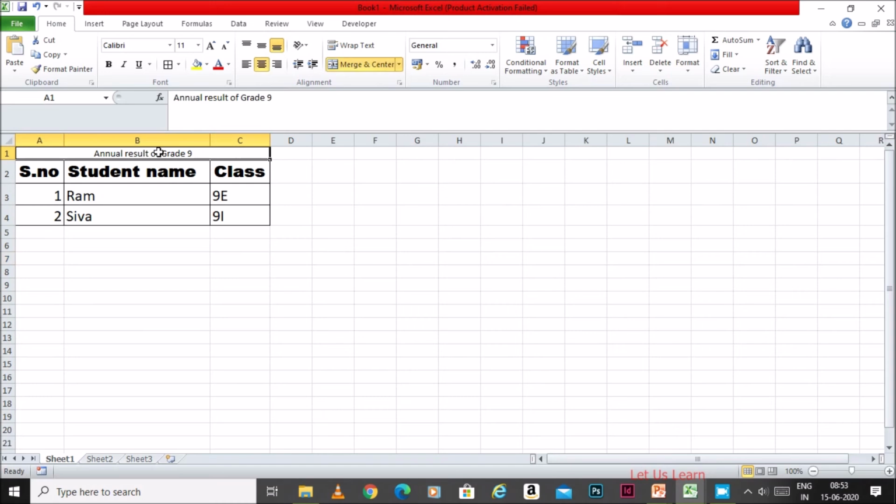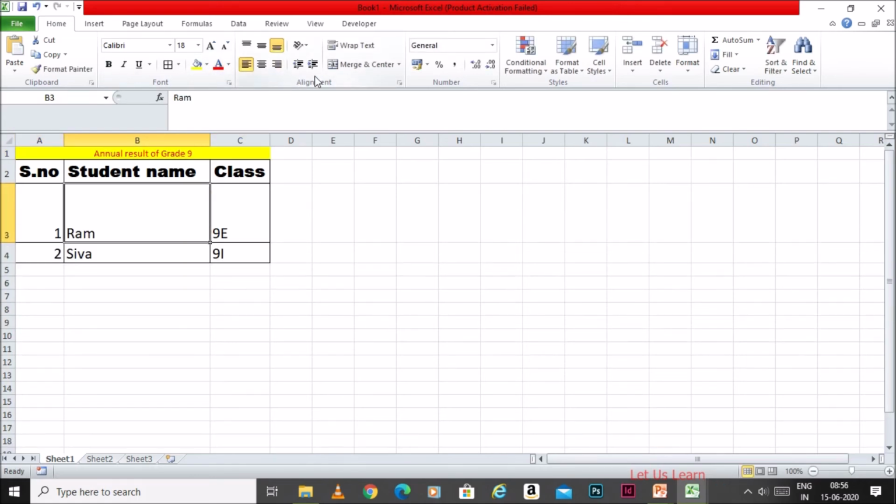If I want to add a color to any cell, just click this coloring option, fill color, and your color will be added to the particular cell. If you want to change the text color, select the text, go here and apply the color. The next one is alignment. In this you will have six options: top, bottom, middle, left, right, and center. When you want to bring it to the right, click here, and to the middle of the cell, just click here.